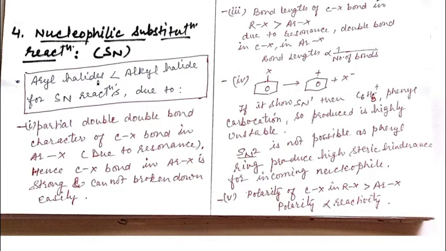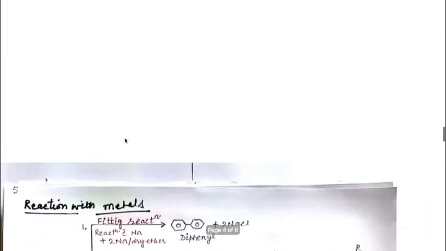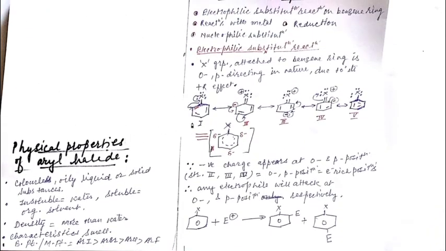Aryl halides are less reactive towards nucleophilic substitution reaction as compared to alkyl halides because there is a partial double bond character between carbon and halogen in aryl halide due to resonance. That we have seen. Here in the resonating structure, there is a partial double bond character between carbon of benzene and halogen. So, this bond is very difficult to break. For nucleophilic substitution reaction, this halide ion should be substituted by any other nucleophile.